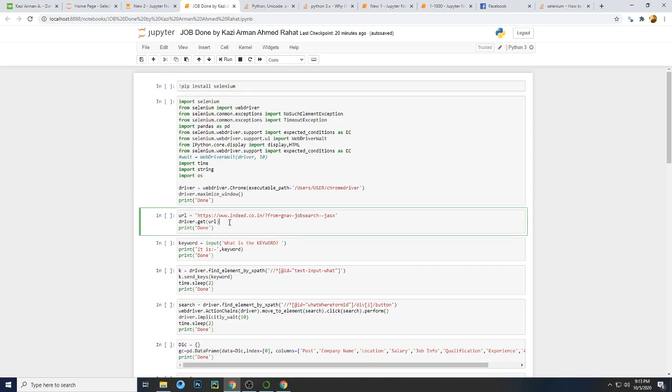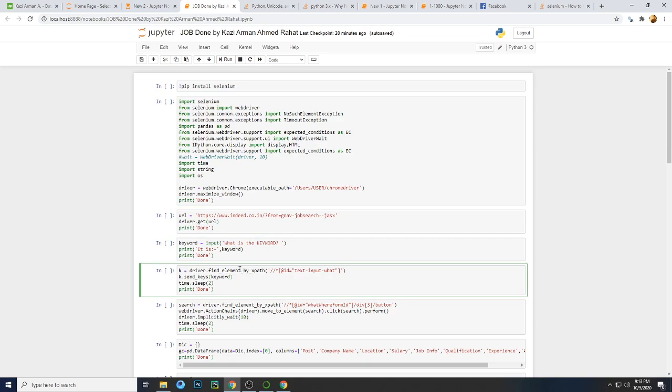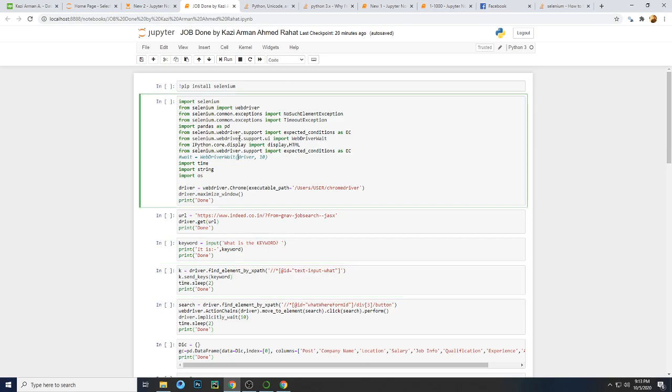This is a cell, this is another cell, this is another cell, this is another cell. First you have to run this cell. How will you run this cell? By clicking this run button. I have written a code here, and you can see the print of done. Whenever the run is complete, it will be shown that the run has been completed, written as done. So I'm running this,